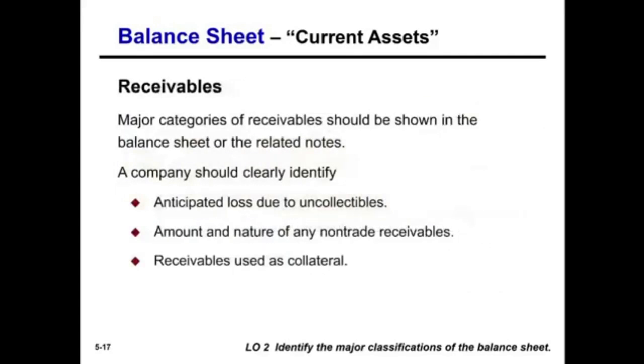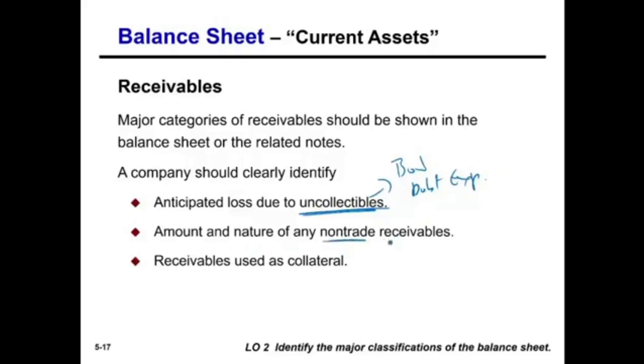Receivables. So the company will have to show the receivables. Most categories of receivable should be shown on the balance sheet or the related notes. So a company should clearly identify anticipated losses due to uncollectibles. If the company thinks they will not be collecting a certain amount of receivables, they have to tell you how much it is. Okay, you remember this is called bad debt expense. As a result of the bad debt expense, they have to show you the allowance amount